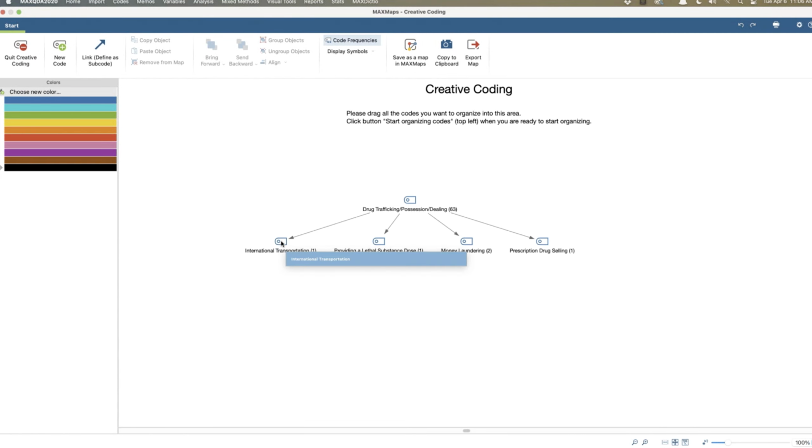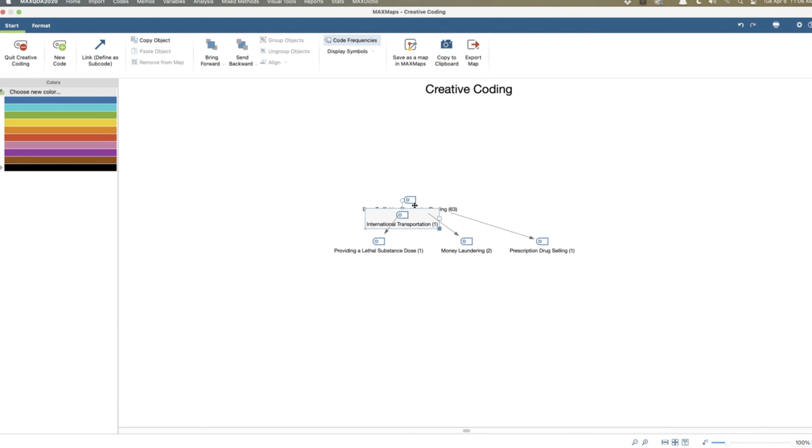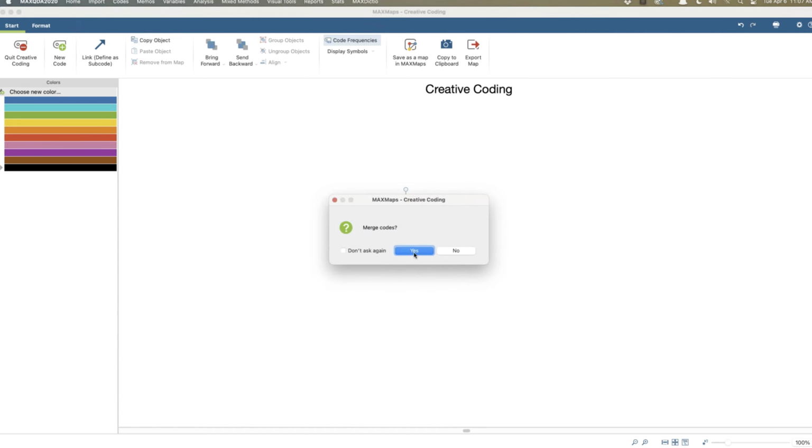Watch what happens when I do this. Merge codes. I've now got that down to 64.